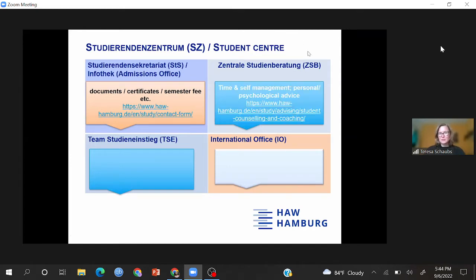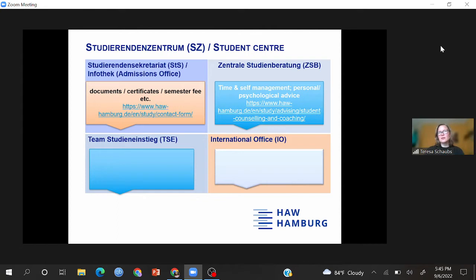Secondly, we have the Zentrale Studienberatung, the Student Counseling Office. They are basically there to advise generally on our study programs. I think that's advice you don't need at the moment because you have decided for a study program.